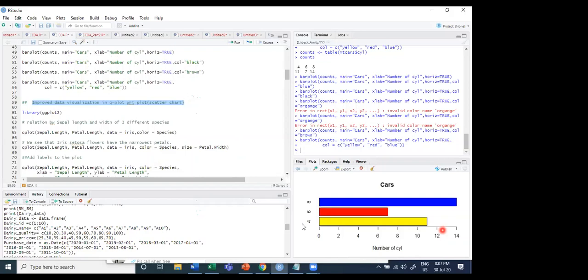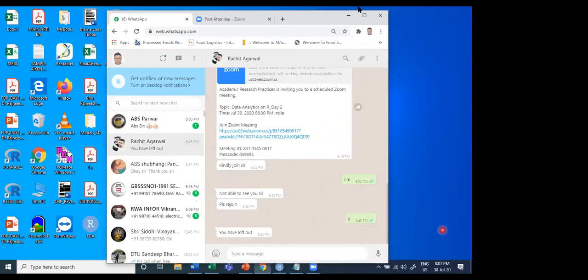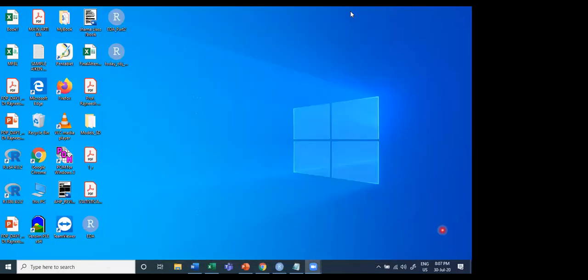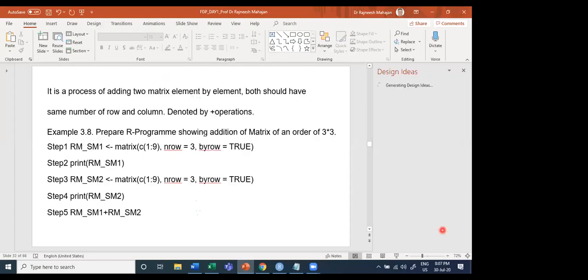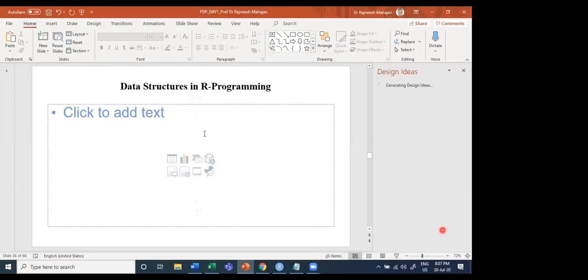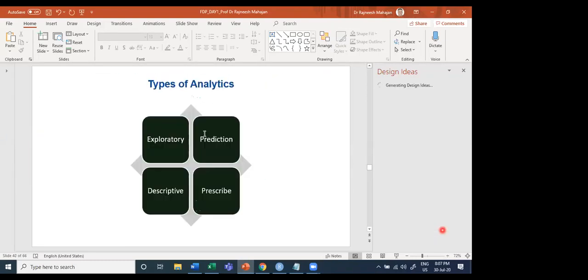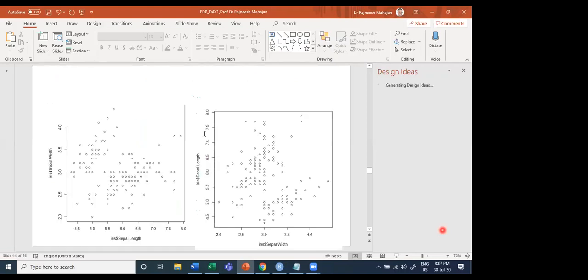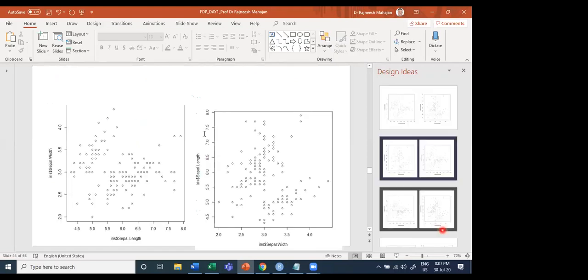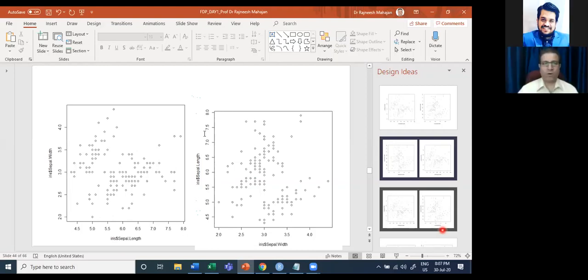Let us go first of all to my slides. Here we are. So if you go to the slides, just see, on the slide we have created a comparison. And as I told you, we want to identify some trends from these scatter plots, and we are not able to do it.